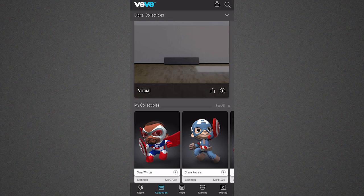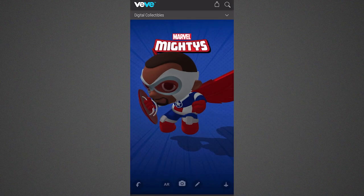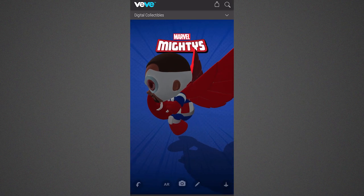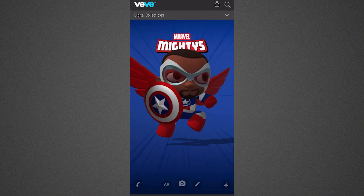So I'm going to hit this Sam Wilson collectible right here. And it's going to take a little bit to load. That's because it's actually loading a full 3D figure. So I have this figure here, and I can see it in 3D space. I can spin it around and kind of look at it, and that's all right, but that's not really the